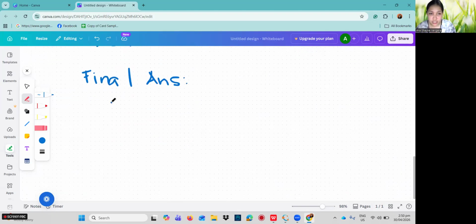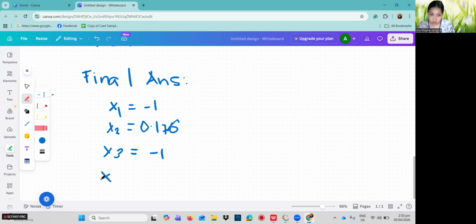So my final answer would be x1 is equal to -1, x2 is equal to 0.176, x3 is -1, and x4 is -2.128.